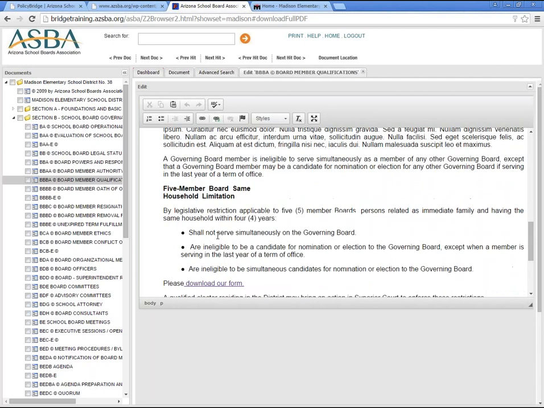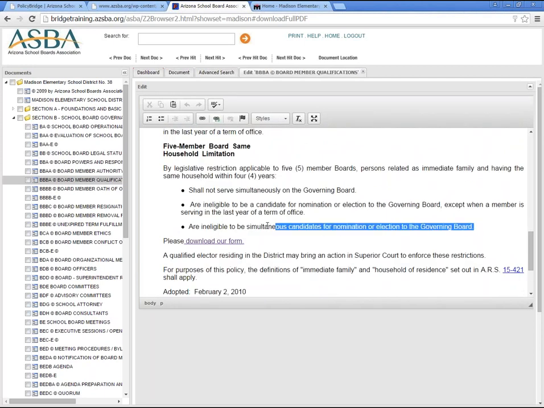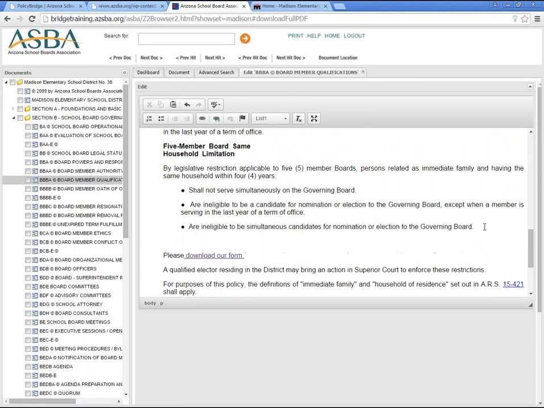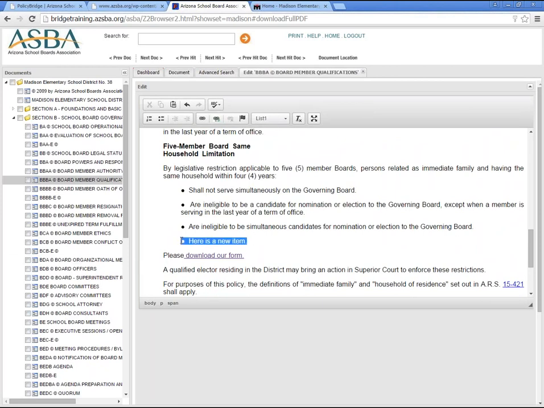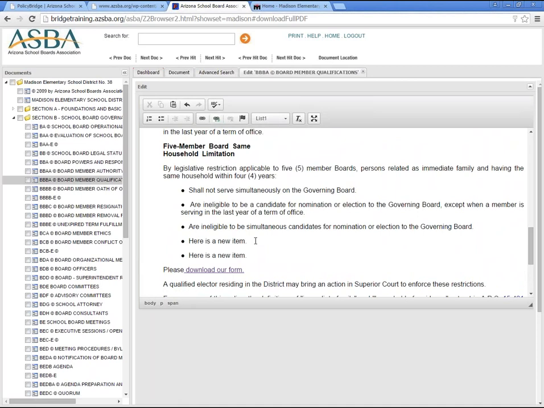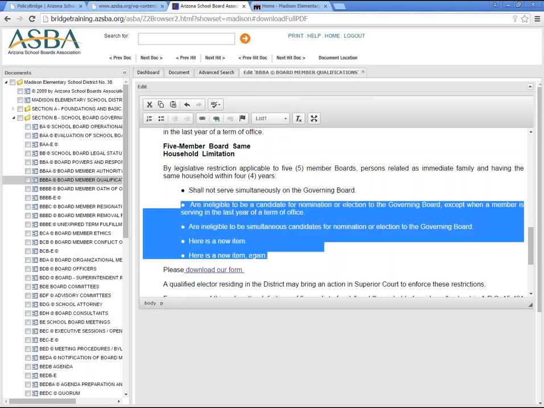If you wanted to retain the format of the bullet, you can copy and paste one. Then you can insert a new bullet here, and type in that new text. So here is a new item. Let me hit return. Oops, I'm going to do the copy again. That's how you'd do a new one or a pre-existing bullet item. Here's a new item. Again, if you wanted to repeat this again, you could